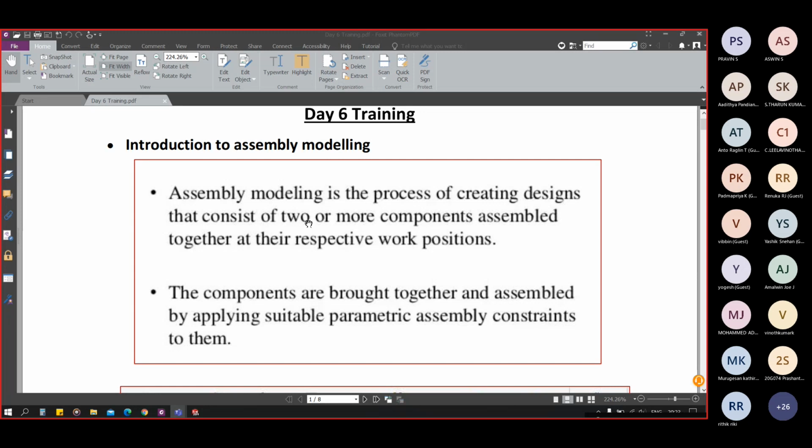So in the assembly we will have lots of components assembled together so that they can work together, they have their relative motions and all. The components are brought together and assembled by applying suitable parametric assembly constraints. Constraints, in SolidWorks, we call them mates.